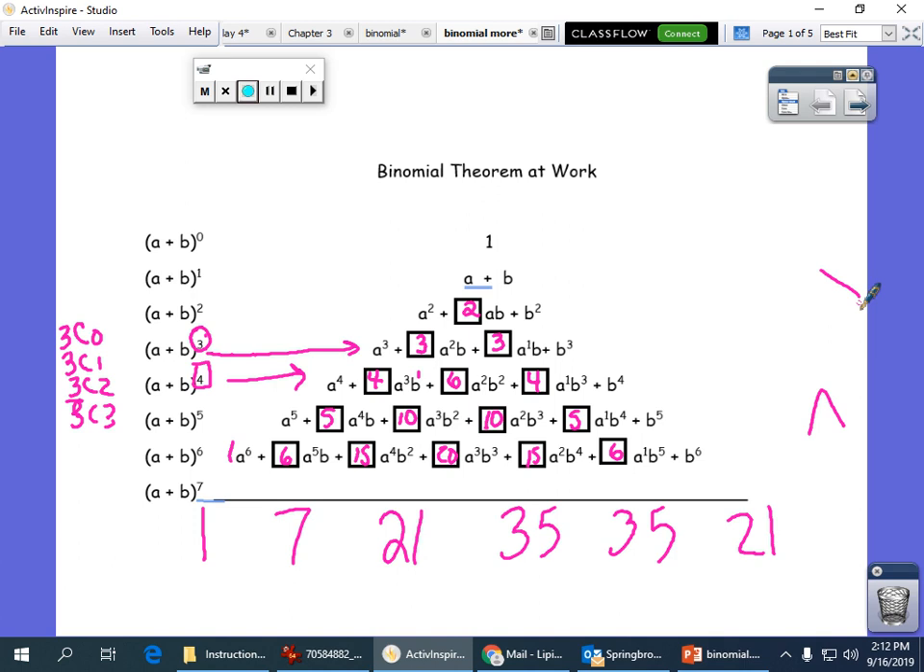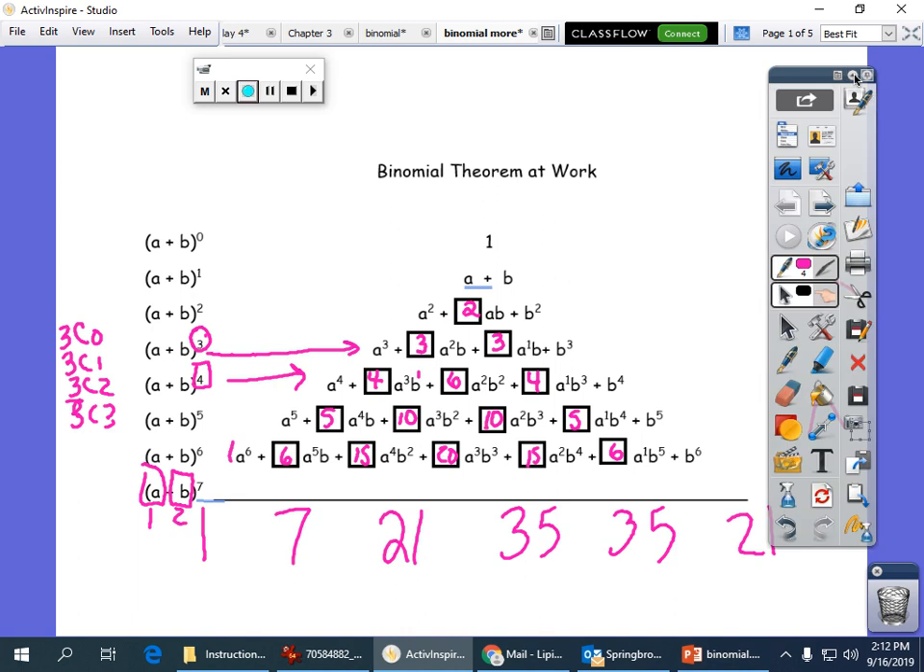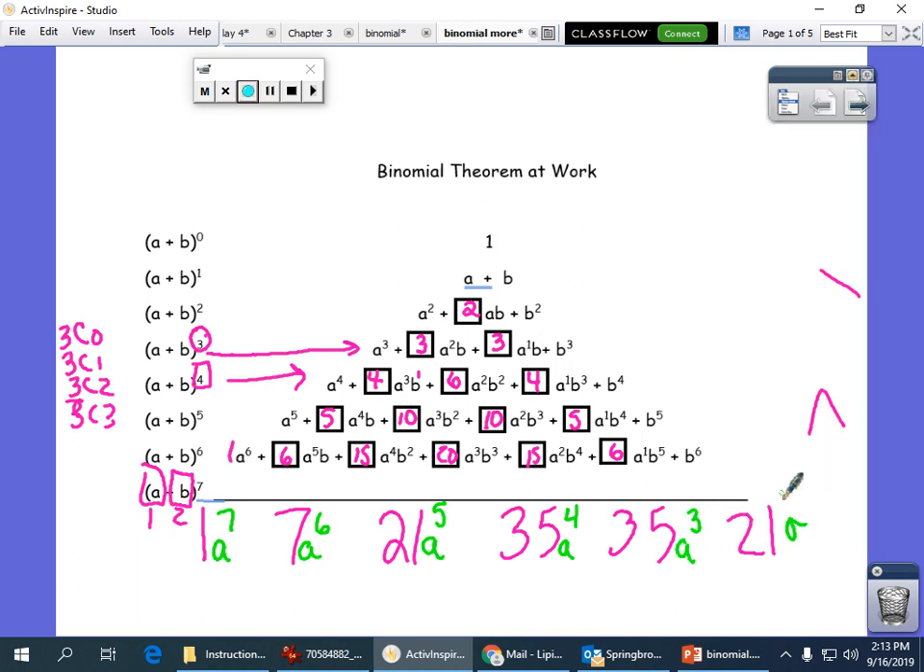Now, there are 2 pieces. Piece 1, piece 2. I start with piece 1 and it decreases, and then I'm going to come back the other way and decrease. Okay, so here we go. Let me do a different color. I would like green. So I'm going to start with A to the 7th, A to the 6th. A to the 5, A to the 4, A to the 3, A to the 2, A to the 1st,